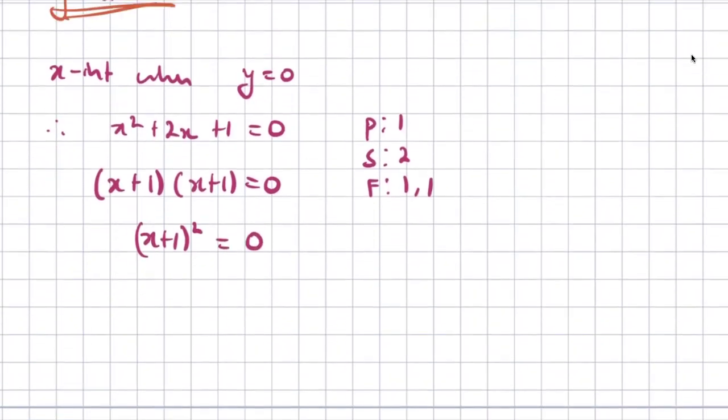And then it's up to you how you approach this particular method. You can solve each of these individually using the null factor theorem and end up with the same number, or you can square root both sides here. It is up to you. Square rooting both sides, I end up with x plus 1 is equal to the square root of 0, which is 0. And then I move 1 across to get negative 1. Okay? So, noticing now, we have an example where we only have one solution for the x-intercept. So I want you to pay attention from this point forward as to what happens with our